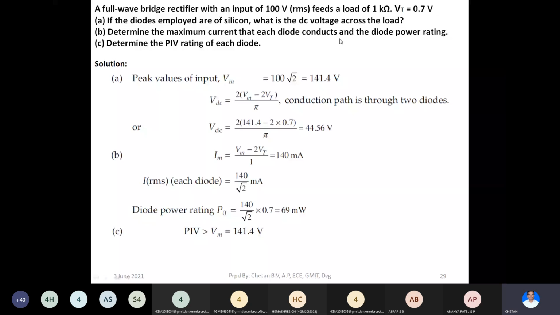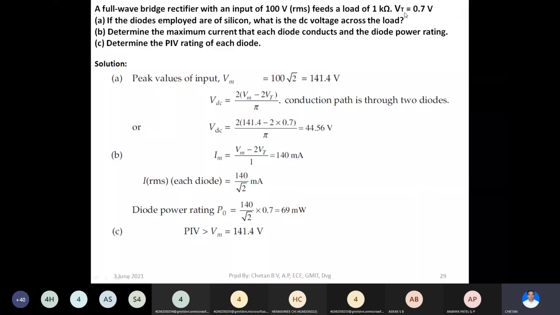So what they have given is an input of 100 volt RMS value. They have given directly the input to this diode, right? It is 100 volt RMS. And what else they have given is the diodes are of silicon, means they are not telling you to assume ideal diodes. So if the diodes are not ideal, there would be some finite voltage drop across each diode, which is equal to the VT, the threshold or knee voltage around 0.7. Therefore, for all formulas, you have to include this parameter, right?